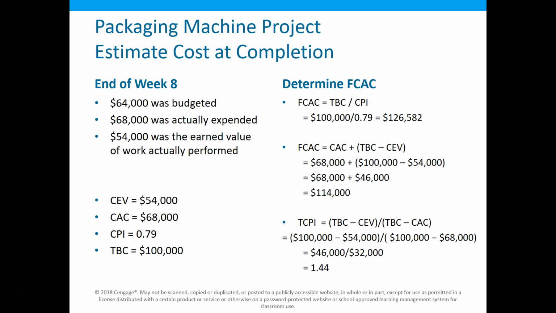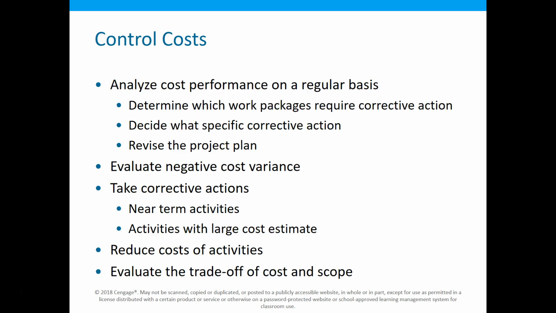So how do I start to control some of that? So if I'm regularly looking at these values, I'm a little scared. I get these negative cost variances. It shows that we're spending too much money. We're not ahead on our project yet. What can I do to fix it? What might be something I can do to fix the fact that I'm behind in terms of cost?